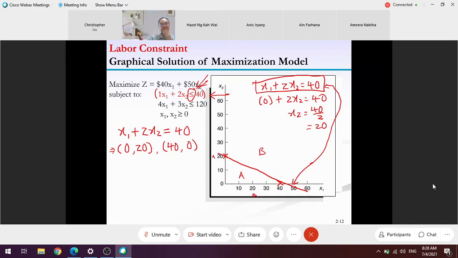A is right, betul. If you read the book, it will ask you to pick a point and replace it to test whether that area complies with the conditions or requirements of the constraint. But the easier way ialah gunalah kosong-kosong. I always tell students use this point. Kosong is under area A lah. So if I replace kosong there, kosong plus kosong kurang daripada 40. Kosong kurang daripada 40 betul tak? Betul kan?